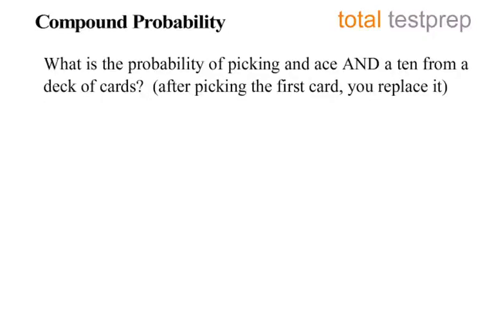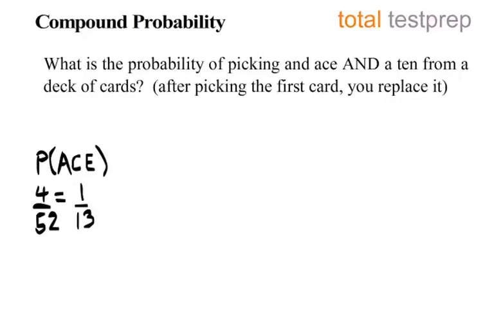What is the probability of picking an ace and a 10 from a deck of cards? After picking the first card, you replace it, you put it back. We'll use the same reasoning here. The probability of picking an ace is 4 out of 52, or 1 out of 13. And the probability of picking a 10 is also 4 out of 52, or 1 out of 13 when you